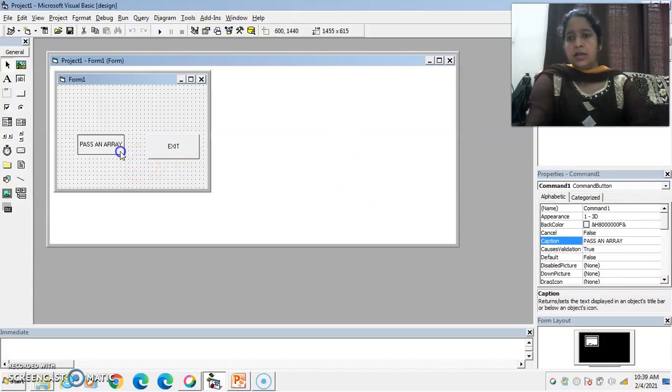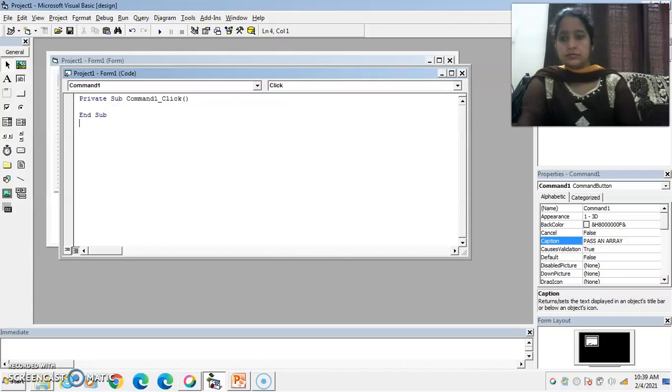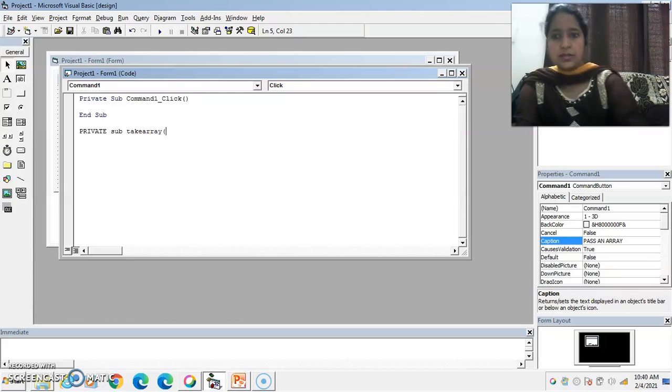Okay. Now enter in the code mode, and write down the subroutine with the help of the sub keyword. Suppose I am taking the name take array for the subroutine.